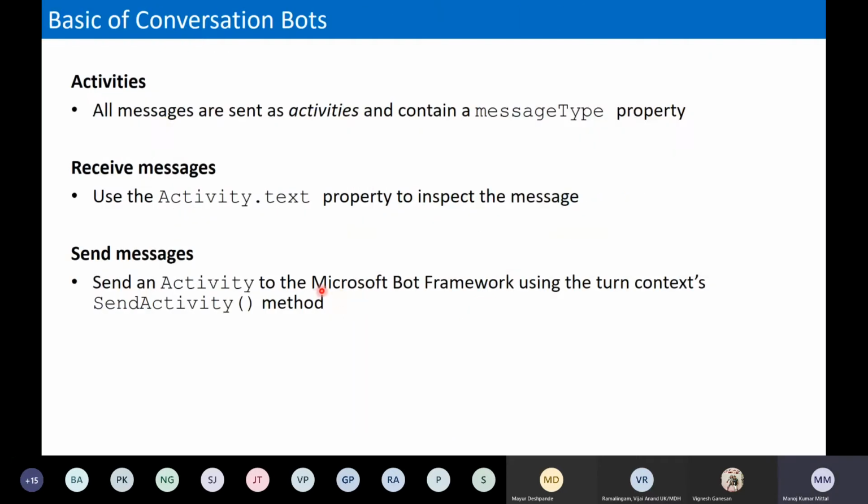Okay, so these are the very basic conversations, which we are going to talk about again. This is the message type: what type of messages are sent, which are activities and contain all the message types. So we'll come to know what type of message it is. It's Teams related, conversations related, one-to-one personal, group chat, all properties we can get from here. And this is the receiving: what message we are receiving and how to get those messages, that is activity.text. When we need to send any message to the bot, we need to use this particular function. So this is the send activity.